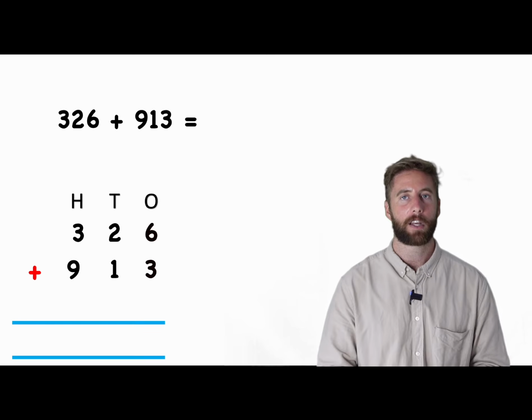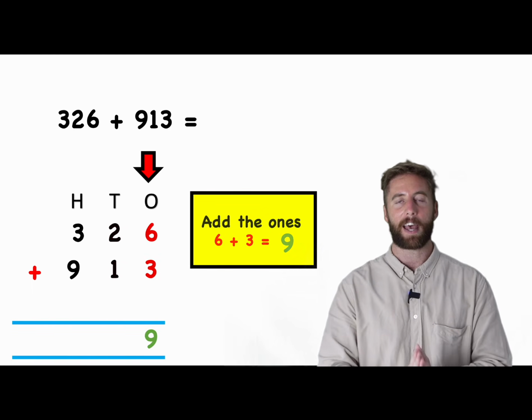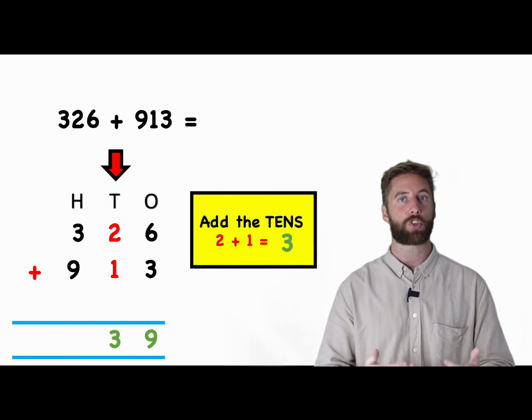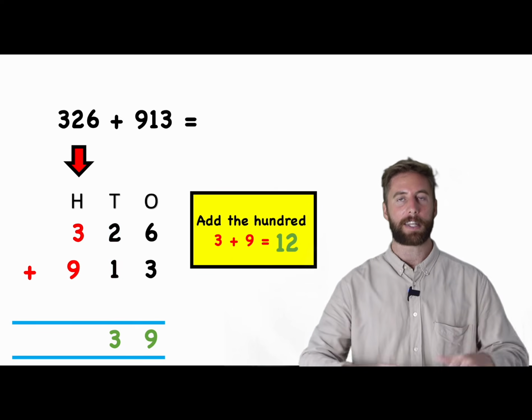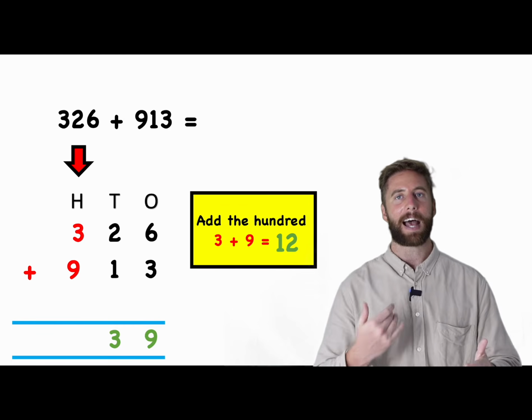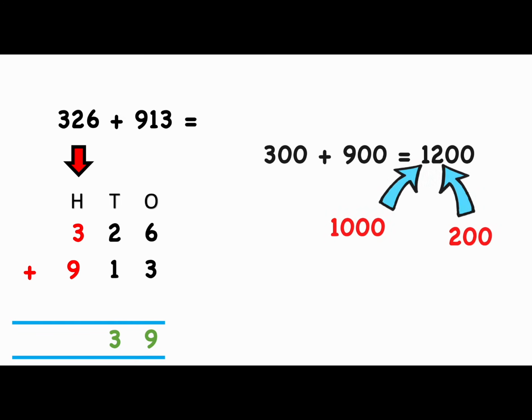Okay, and let's begin. I'm going to start with my smallest value. So I'm going to start by adding 6 to 3. That equals 9. Then I'm going to move to my next smallest value, my tens, and I'm going to add 2 to 1, or 20 to 10, leaving me 3 or 30. Then I'm going to look at my hundreds column, and I can see I have 3 add 9. When I add 3 to 9, I get 12, or I get